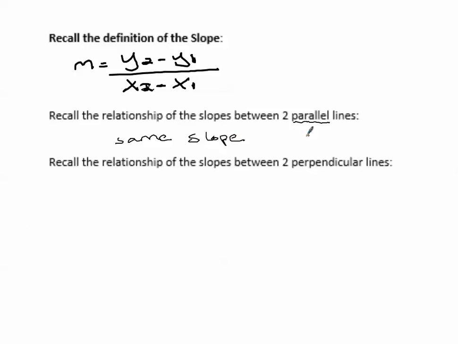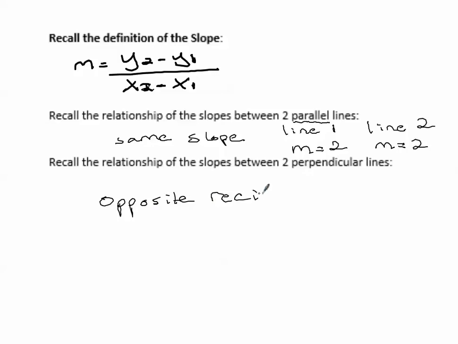And so if we have line 1, the slope might be 2. And if we also have line 2, the slope would again be 2. They're going to have the same slope. And the relationship between the slopes of two perpendicular lines is that they're going to have opposite reciprocal slopes. Opposite reciprocals. So if line 1 has a slope of 3,